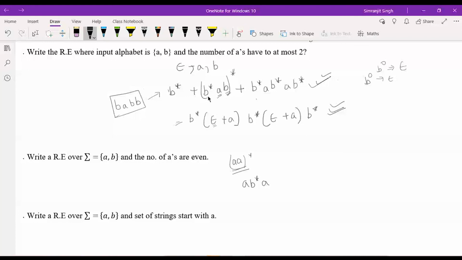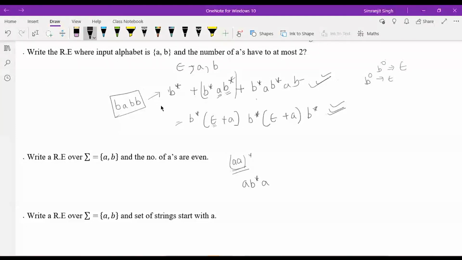What are you saying? No, sir. B star A B star. B star A. Acha. B star A B star. So that is not written here. Yeah, sir. He has written that expression. You just missed the star on the last B. Okay, I get it. So Fanindra has written this expression. Yeah, I think I wrote it wrong. So B A B B is derived from this. But if you can find another string, let me see.